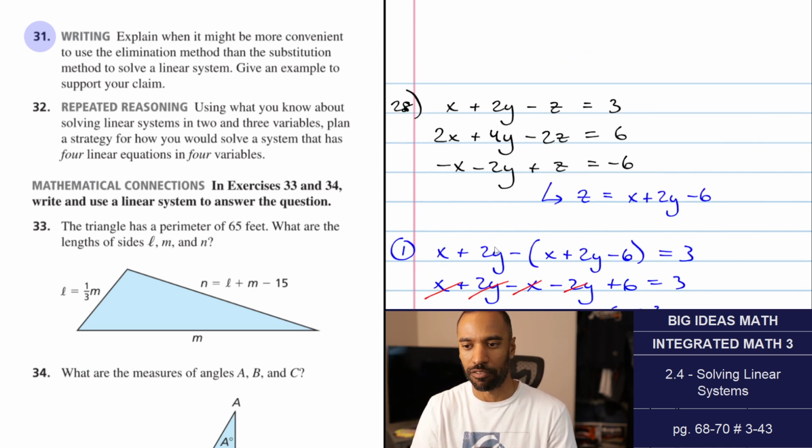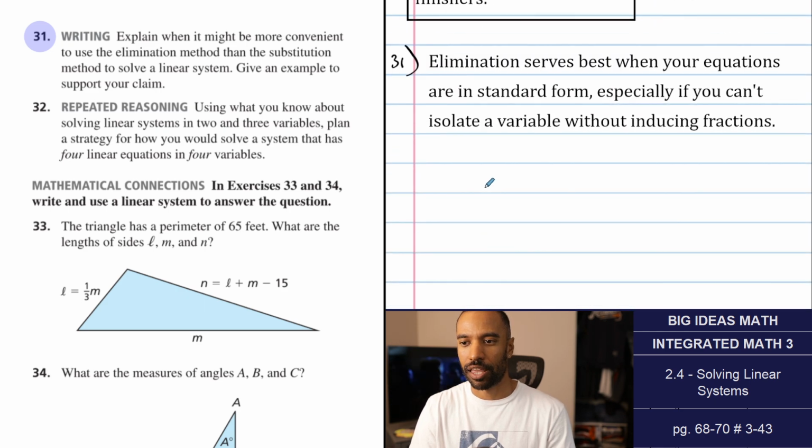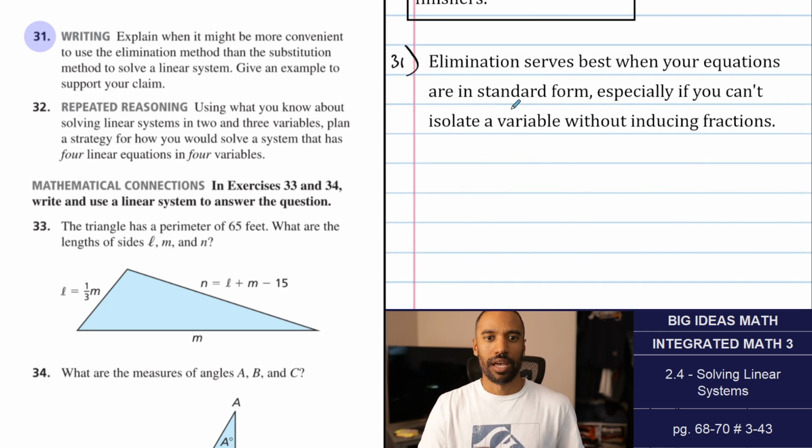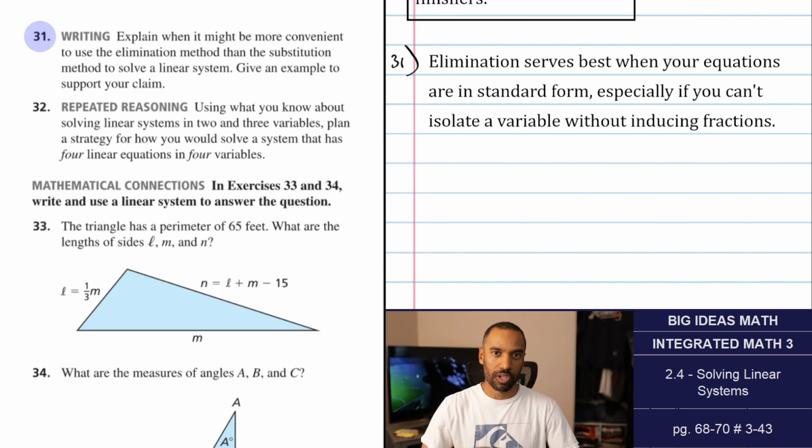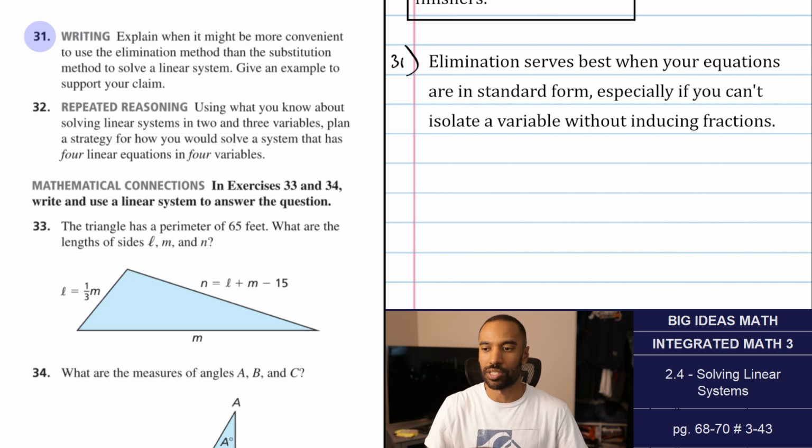And it's likely they're going to give you a problem that does. Because otherwise I have to work off those fractions for substitution. That doesn't mean the elimination will be easier. You still might get big numbers, but none of us really like fractions, and I think that's a case for elimination. So a good example of that will be this. They said, give an example. So my example here, let's do something like 3x plus 2y